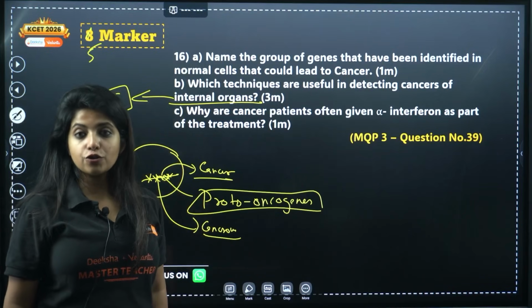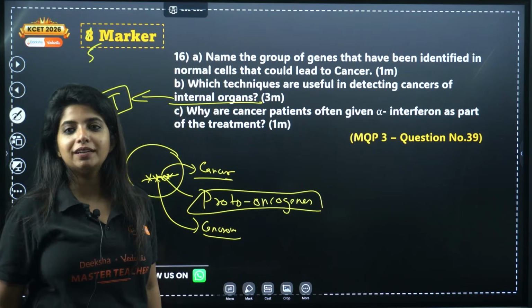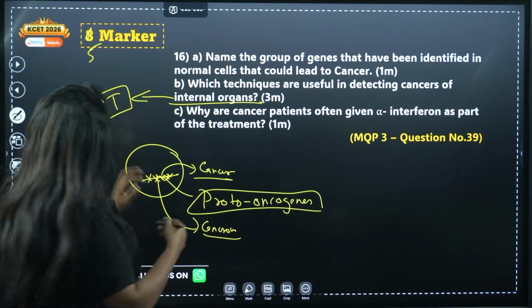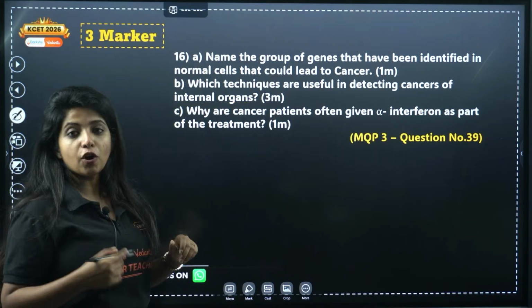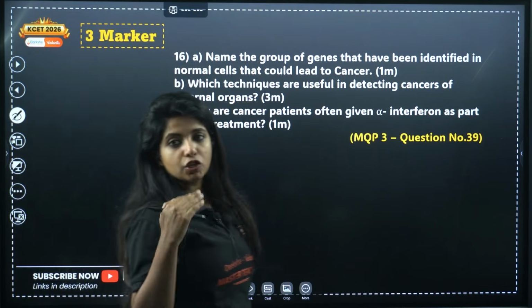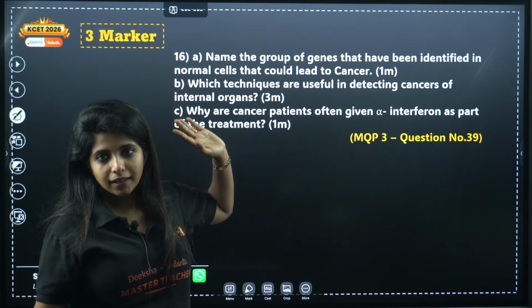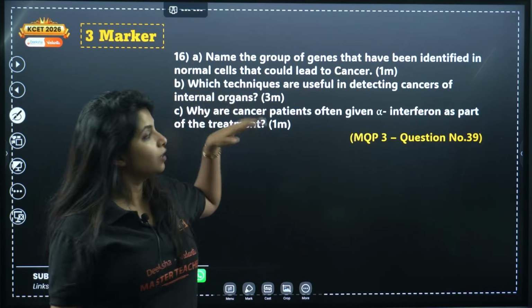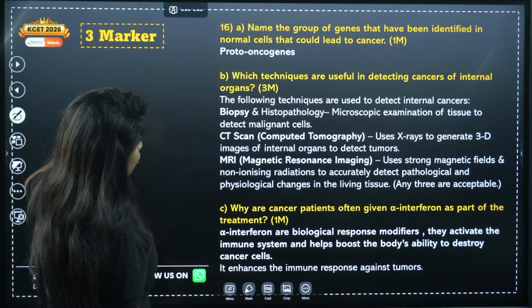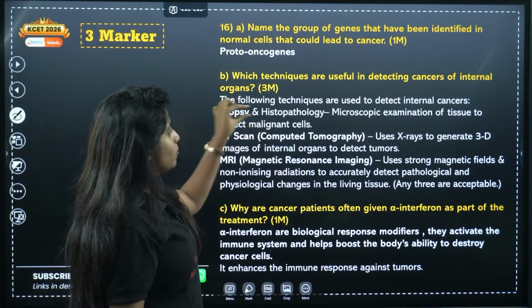But here you should not be just talking about one particular detection, rather you talk about all of the things. You need to talk about all of the different methods of detecting cancer. Why? Because this is a 3 marker question, as you can clearly see. Then you can probably rely on two other things. So over here, the 3 things are biopsy and histopathology.